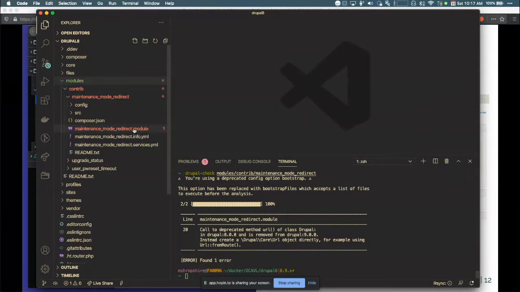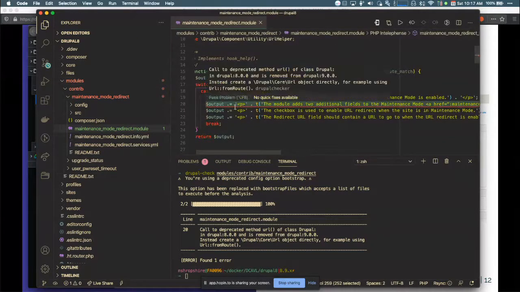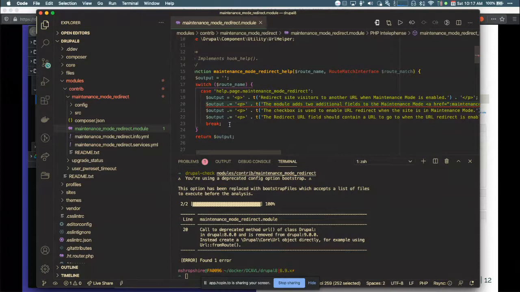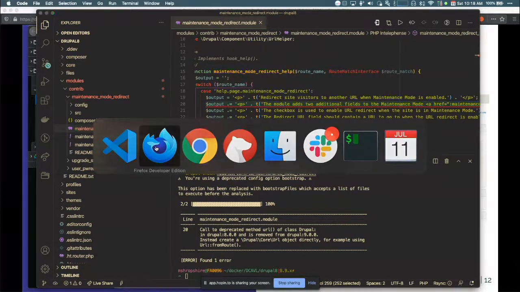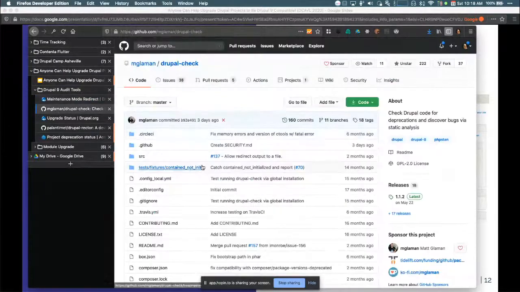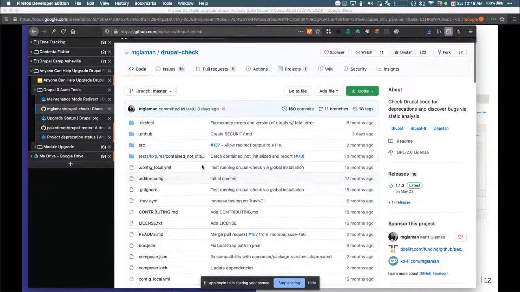But I do want to show you now in line 20 another little tool. So in VS Code, there's also a Drupal Check extension. There might be one for PHPStorm. I'm not sure. But for VS Code, I can see the exact same message automatically in the code editor here. And that has nothing to do with the terminal below that we just ran. That is automatic. So I can actually see those as I'm editing and working on Drupal sites right away. Just a little squiggly line shows me something's wrong, and I can read that message, which is really cool. So I want to pop over to the Drupal Check page. So this is the actual Drupal Check project in GitHub.